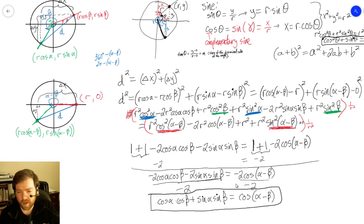Okay, so if we want to look at this and say, well, we've got to change some things, what we would like to do now is to be able to say what happens when we want to add angles together. So if we want the cosine of alpha plus beta,